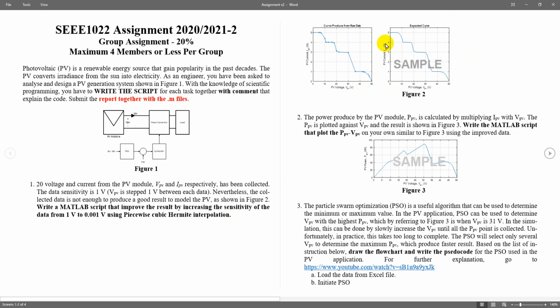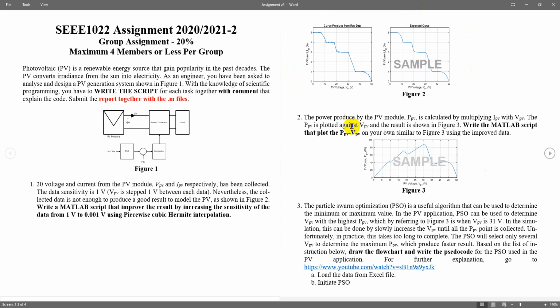Try to do it and plot it and label it properly with grid and title. And of course you have to show the result something like this, if possible. So that is the first task, which is not very difficult.